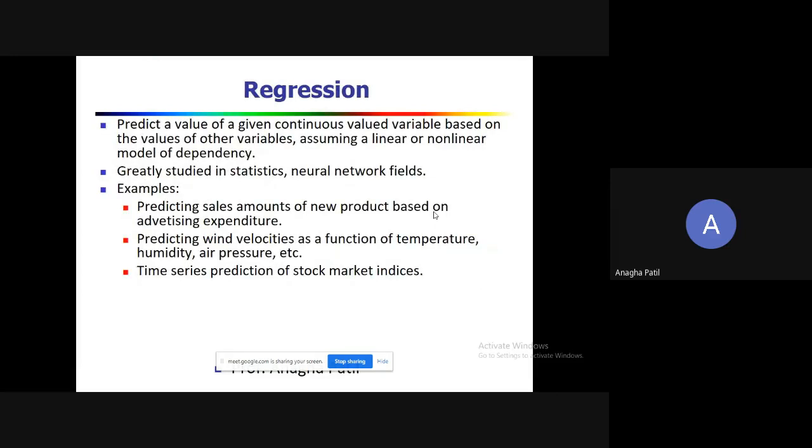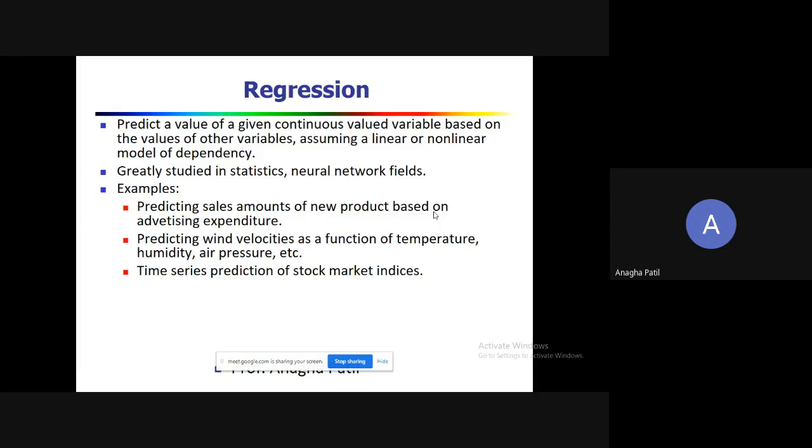The next important task in data mining is regression. Regression is again used for prediction. We have seen that classification is the main technique used for prediction, but there is a slight difference between regression and classification. Classification is a supervised technique where the class labels are known, and we predict one of the class labels; the sample data would be classified into one of the possible values provided for the class label. Whereas regression is a prediction technique where the output is given in numerical format.